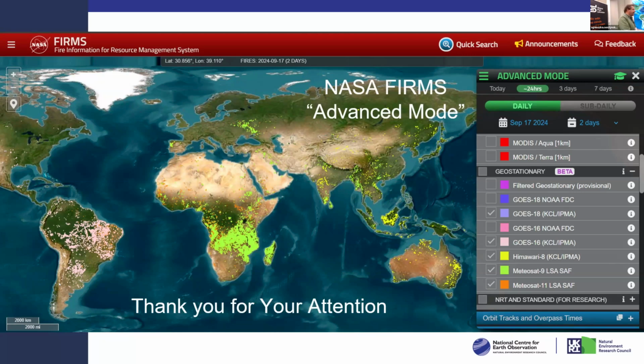But I have to say that African savanna is not a very cloudy place. So probably in somewhere like Brazil, it's a lot worse. That's another benefit of the geostationary, to be honest. The clouds move about, the fires are moving slower, and so typically you can detect them at some point. Not necessarily every time, but at some point. So I think that is a benefit of the geostationary. Cloud is definitely an issue. Thanks.